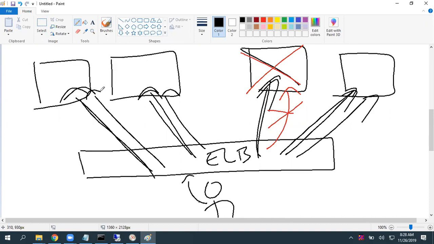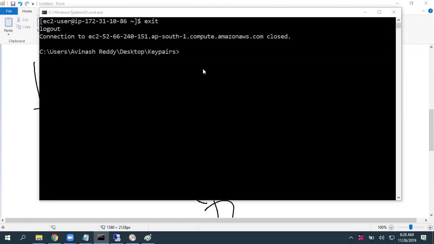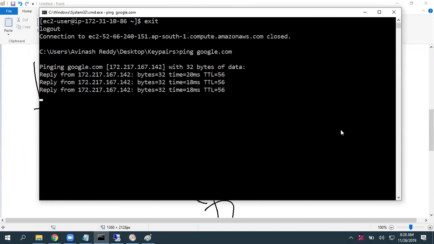You know what ping is? Ping stands for Packet Internet Groper. What will it do, basically? For example, I want to test network connectivity from my laptop or currently connected device to Google. So I give ping google.com and I get replies.